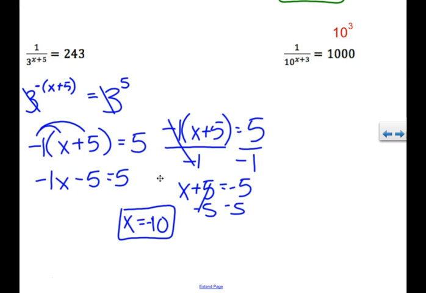So again, if you have an exponent in the denominator, you can bring this 3 up to the top, but it's going to change the signs of your exponents. Okay? That is one way. I'm about to erase this, so if you don't have it written down, press pause. The other way,